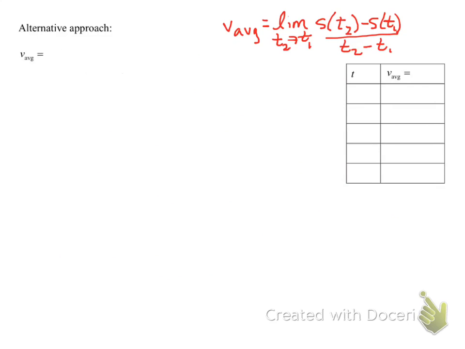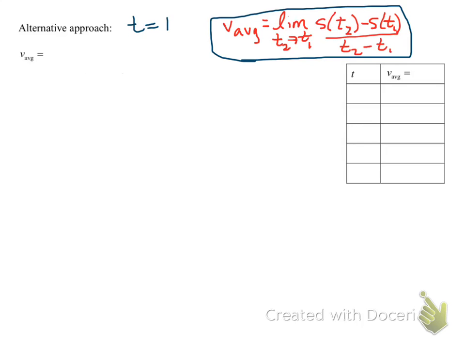Then an alternative approach would be to use the other formula for the average velocity, which didn't involve the h approaching 0, but the 2 times approaching each other, time 2 approaching time 1. If we use that idea, keeping in mind that we were trying to get closer and closer to 1, because we were interested in at t equals 1, then our average velocity would look more like this. S of, instead of t2, let's just call it t, minus S of, instead of t1, let's just call that 1, the value we're approaching, all over